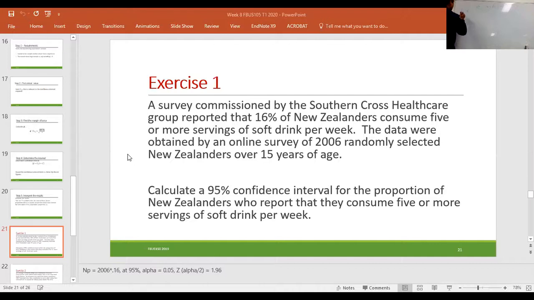N value is 2006. Check the stage number, like step first, and I'm sure it will satisfy the condition np greater than or equal to 5, because 2000 10% is like itself 20, so I'm sure it is more than 5. What is the stage second?